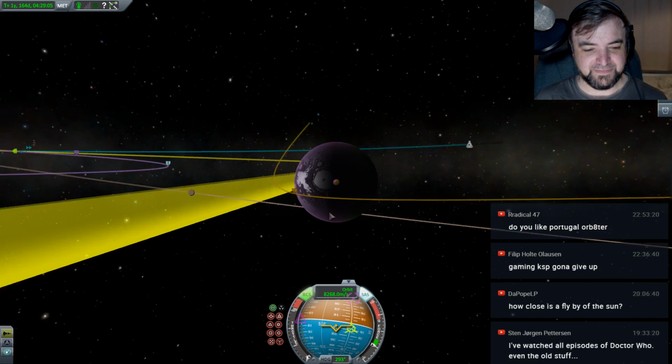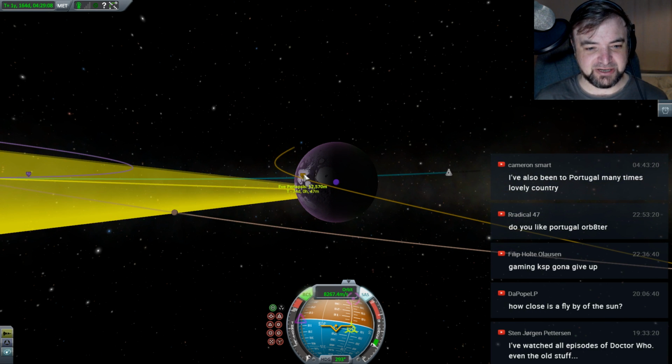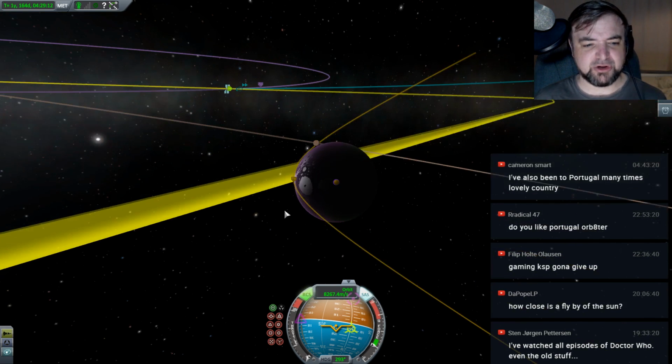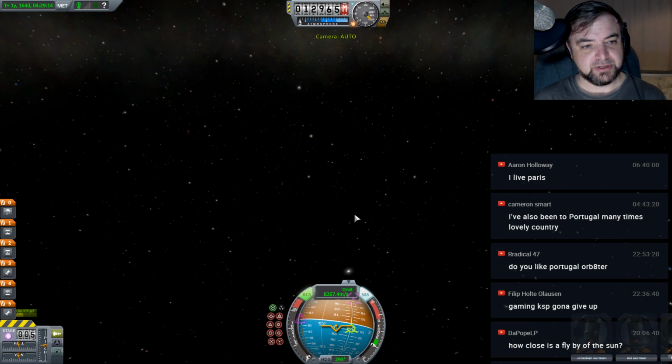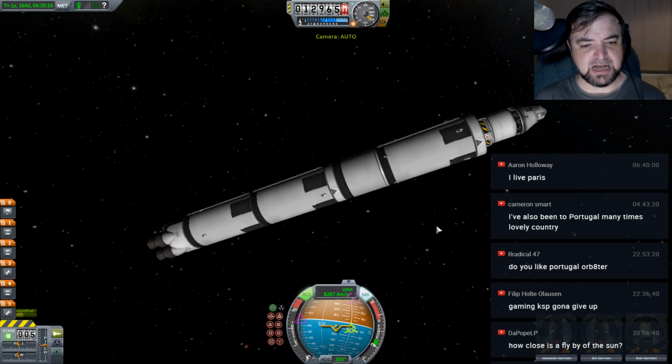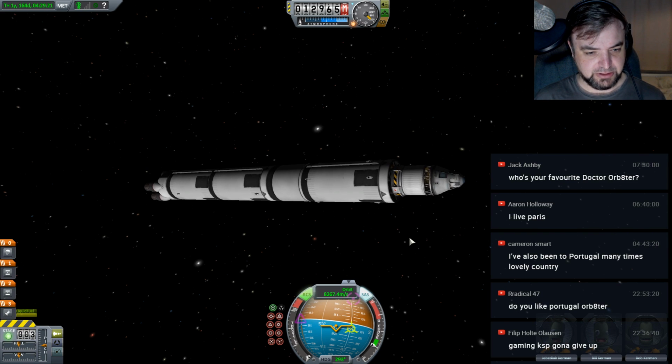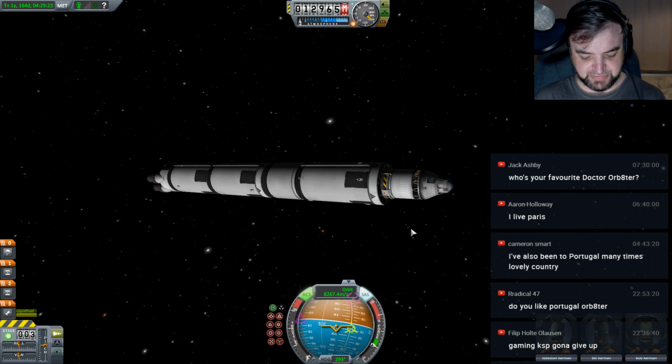Okay. Let's try and get on the equator. Whoa. Okay, we got 12 kilometers. We can correct that at some point. So first off now, let's ditch this stage. Engage the next engine. I would thrust away from it, but...